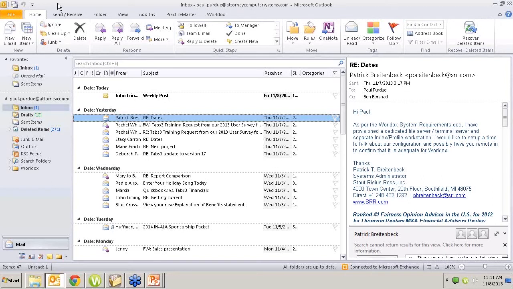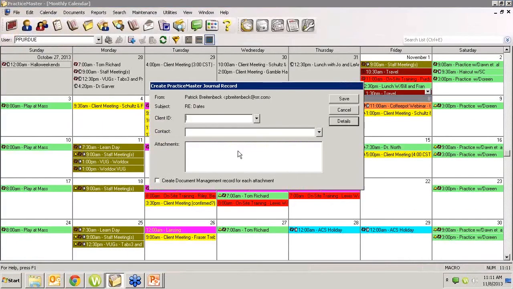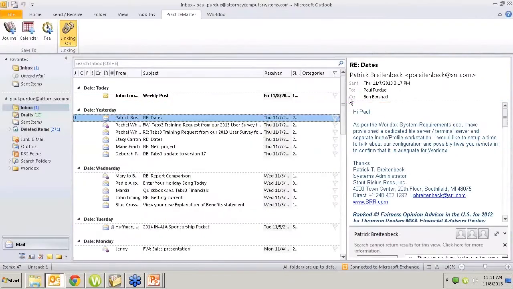I'm going to do that by clicking on PracticeMaster, by clicking on Journal. If you've got PracticeMaster and you don't have this in your Outlook, you just don't have the toolbar installed. I'm going to click on Journal, and I'm going to say this should go to Stout. It confirms that I've got the right person, and pretty much I just save it, and I've journaled that to